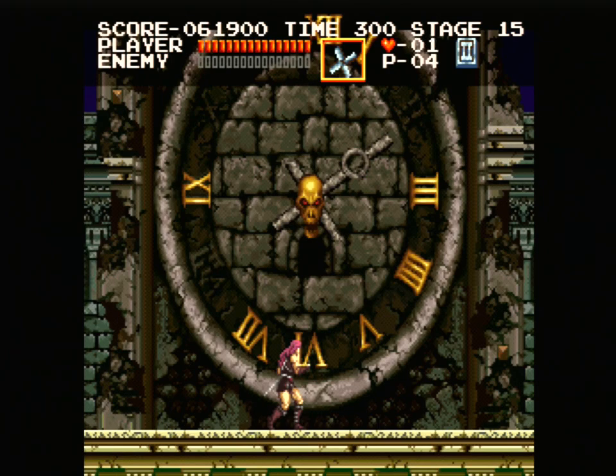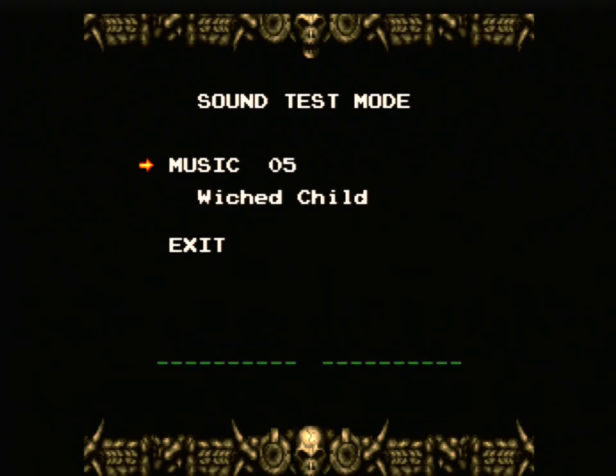Also, you can change the time that appears on the clock face during that fight by using the Konami code at the game's title screen. Fun fact: